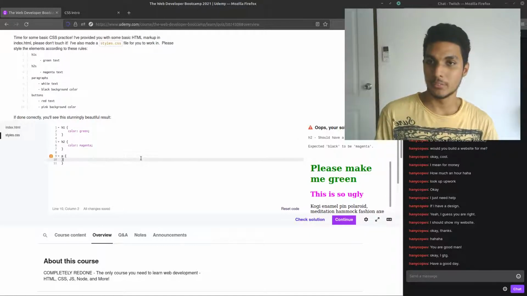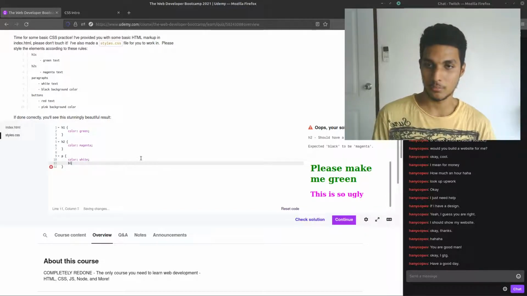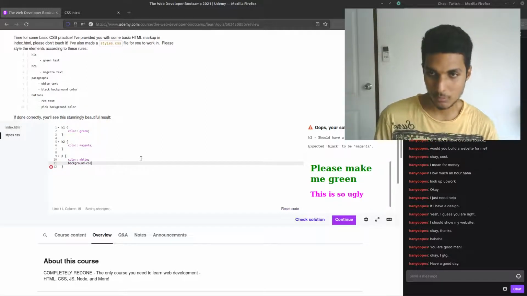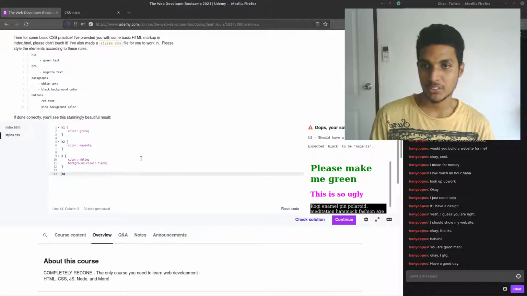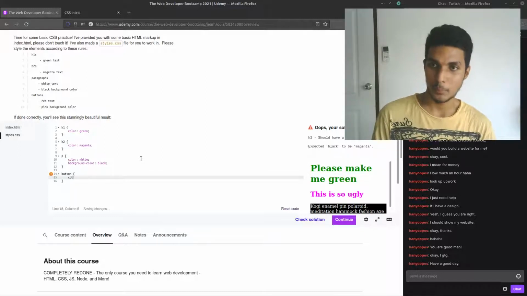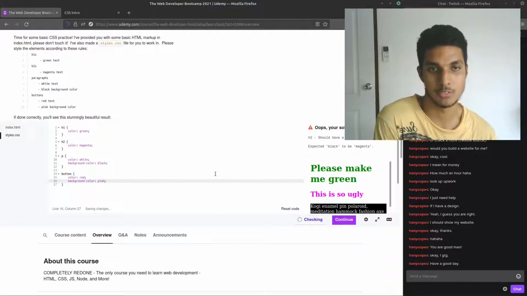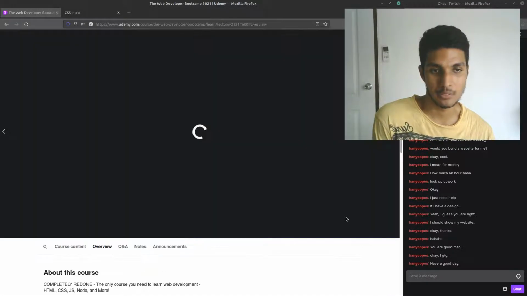paragraph should be in hello white and then back around color black basically logo Maria slide to the fucking logo a background color pink check solution I no need motivation I ain't gonna salute